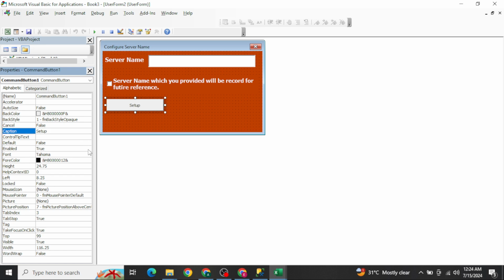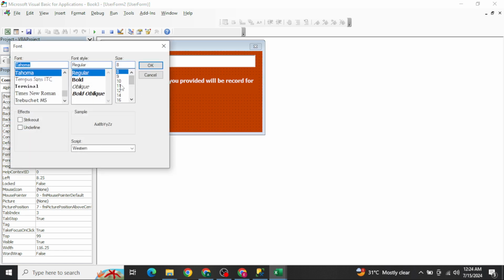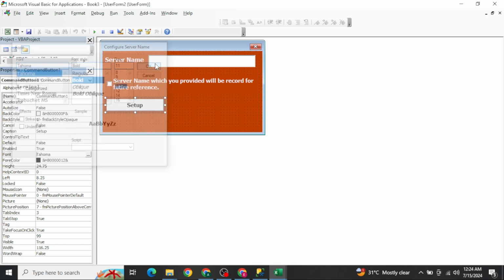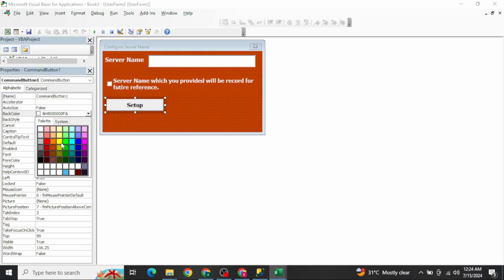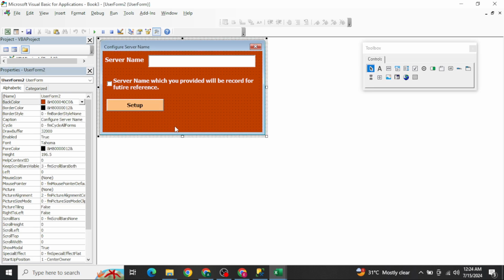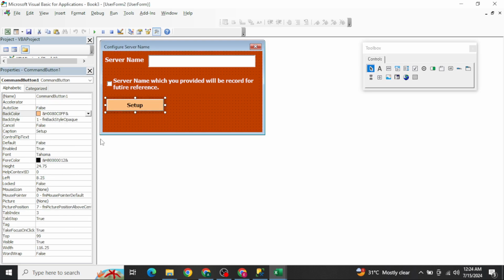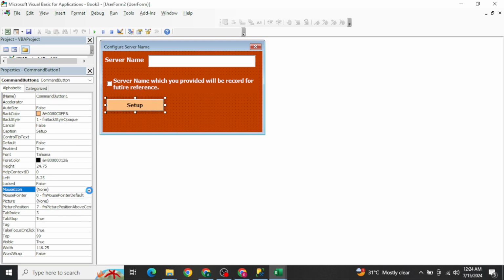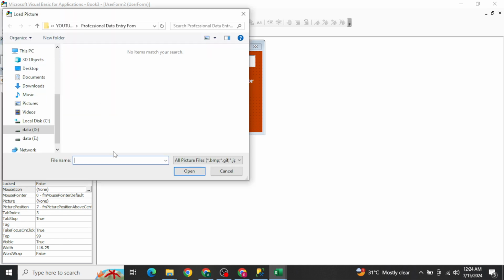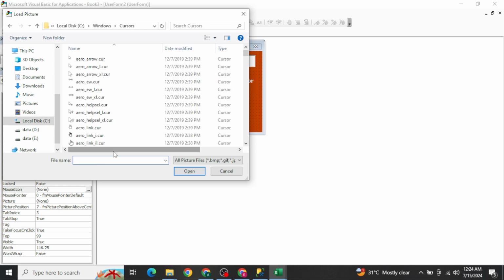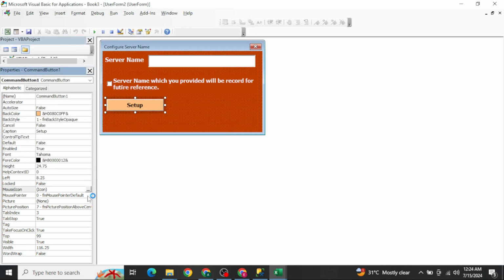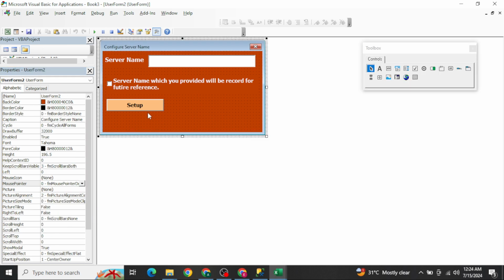setup, and increase the font size here to 11, bold. Okay, and change the back color to this one. It's looking good. Change the mouse icon as well. You can click here and change the mouse icon by writing C Windows cursors, which I already told you. Click on it and change the mouse pointer to 99, which will be the custom pointer, and copy it and